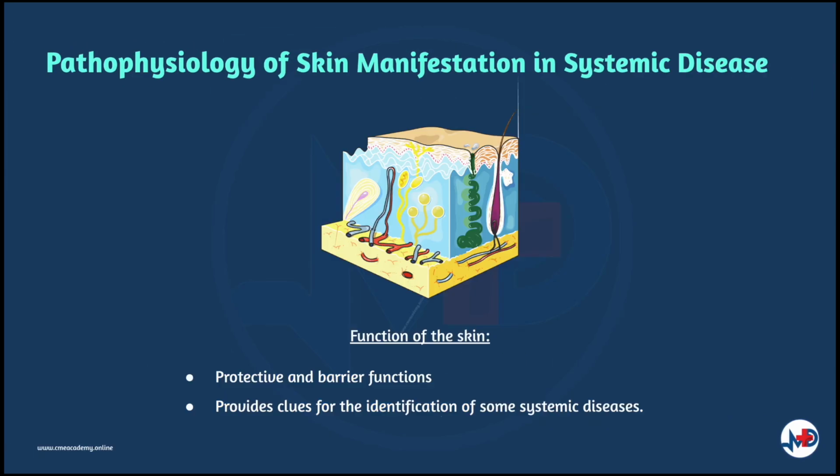Now, a little bit about the function of the skin. The skin is a reflection of internal processes seen in many diseases. The skin as an organ goes beyond its protective and barrier functions, as it provides clues for the identification of some systemic diseases. The skin is easily accessible to be examined by doctors. With trained eyes and biopsies, the skin can reveal specific or non-specific alterations on histopathology, which points to a certain